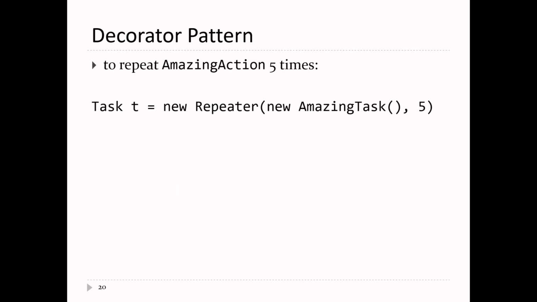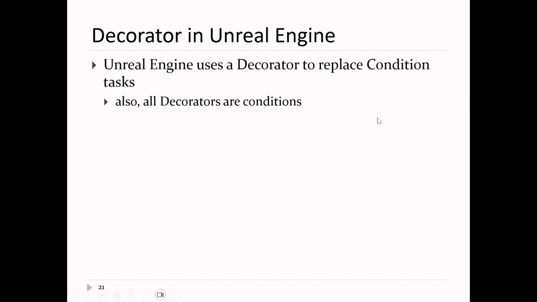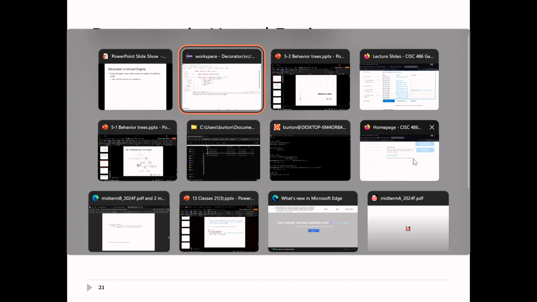So to repeat your amazing action 5 times, you make your amazing task object, and you decorate it with a repeater that repeats the task 5 times. And if you look at Unreal Engine, Unreal Engine uses a decorator to replace all of its condition tasks. So if you remember back in the previous lecture,